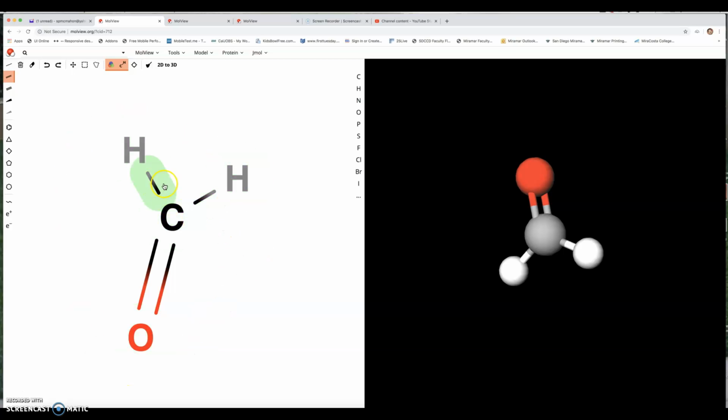Again, I want to show in the 2D drawing for this program, they omit the lone pairs. So in your Lewis dot structure, make sure to include those and provide the correct number of valence electrons. In the 3D rendition, we see it here. Also, everything's color-coded. The oxygens are red, the carbons are black, just like molecular model kits, and the hydrogens are